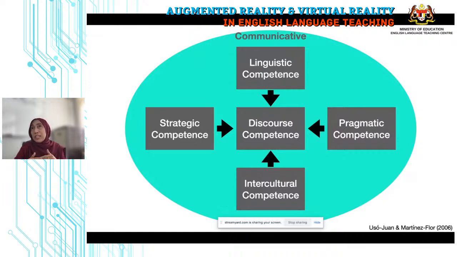We keep on saying that the students have little opportunity to practice the language. What more if they come from a rural school? What more if the rest of the friends are not able to speak English? Let's say one or two, only three, four can speak English very well. The rest are reluctant to speak the language, and it's somehow challenging to bring this intercultural competence among the students.